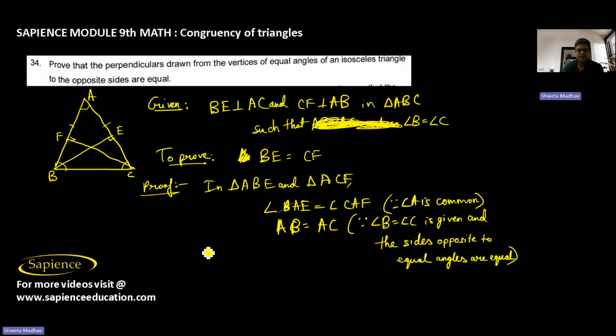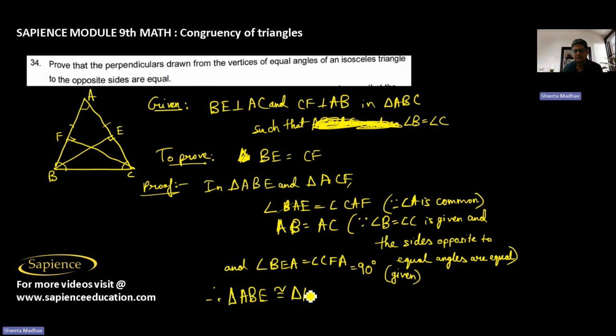So this is equal, and we can also say that angle BEA is equal to angle CFA, since both are 90 degrees, since it is given that BE is perpendicular to AC and CF is perpendicular to AB. So therefore we can say that triangle ABE is congruent to triangle ACF,